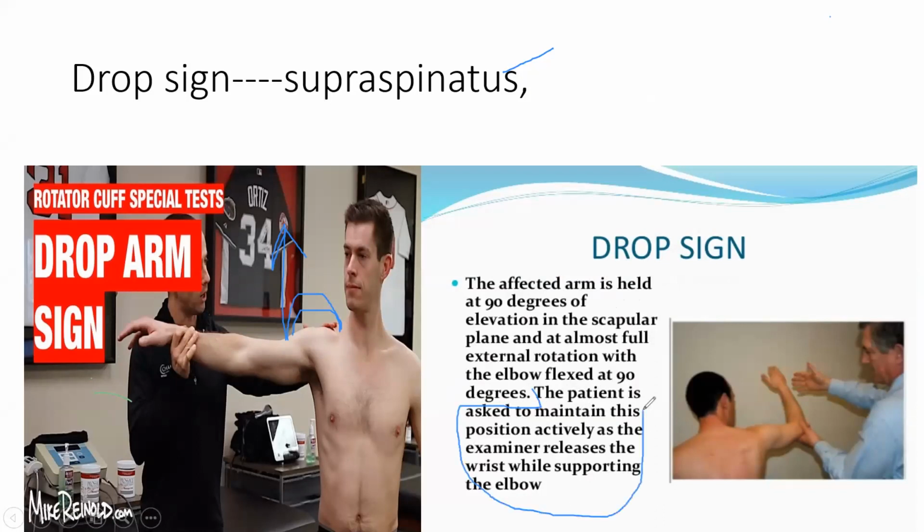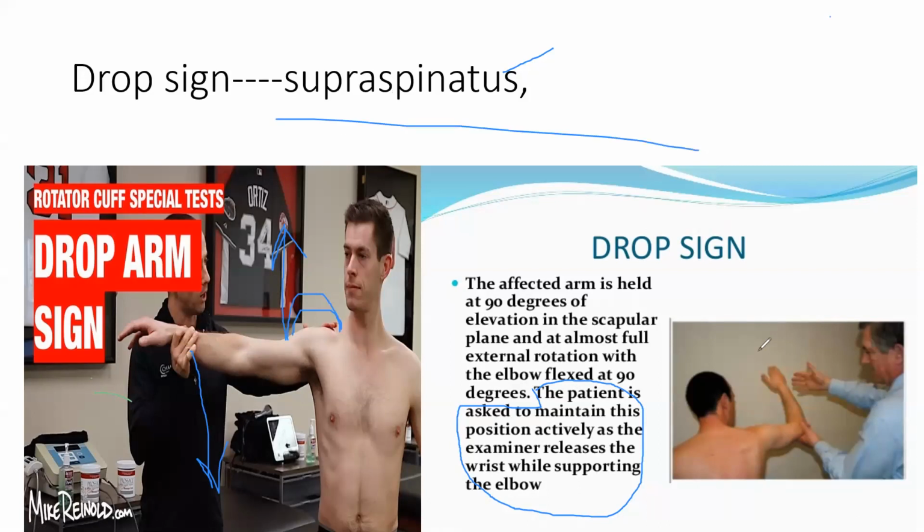This thing is important. You keep the position like this, you hold the shoulder joint, you hold the hand here. As soon as you release your hand, if the patient's arm falls, that means the muscle is not acting. If the muscles are acting, it will keep the hand in abduction. So it is just a test of whether the supraspinatus can hold the hand in this position. You stabilize the shoulder, you hold the wrist, and as soon as you remove your hand from the patient's wrist, the arm would fall down. So it is known as the drop arm sign. If your muscles are okay, it will not drop. This is the drop arm test for supraspinatus.